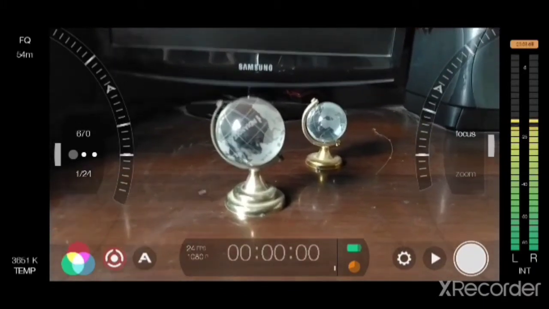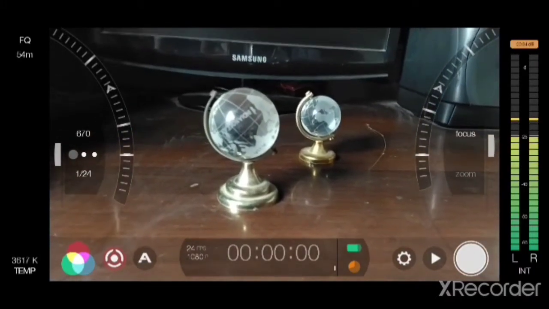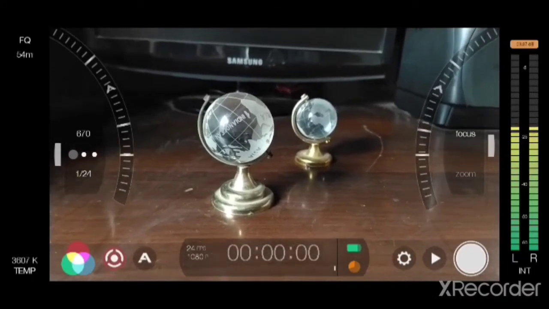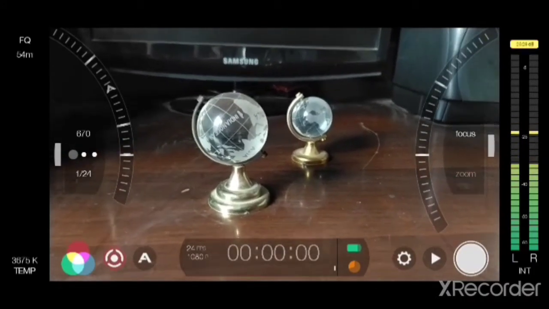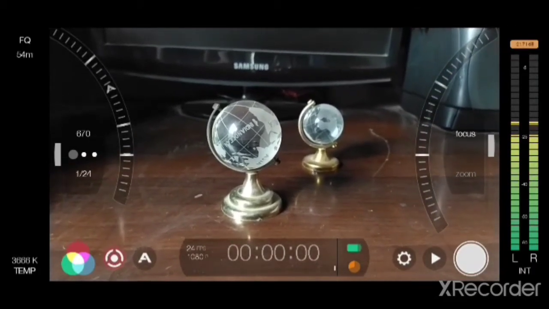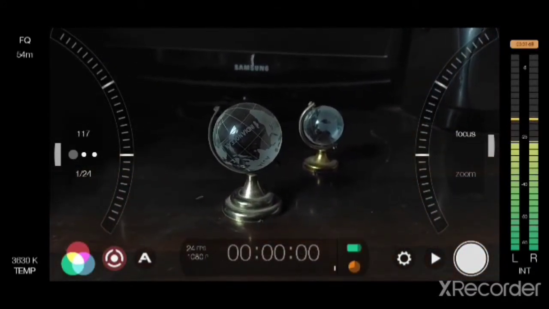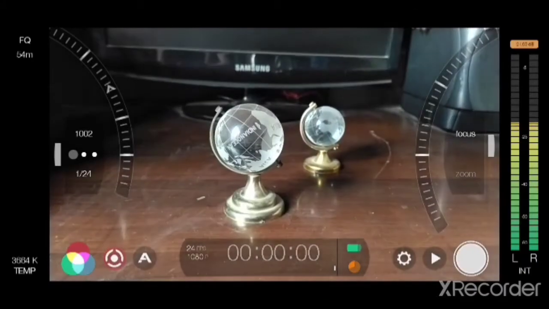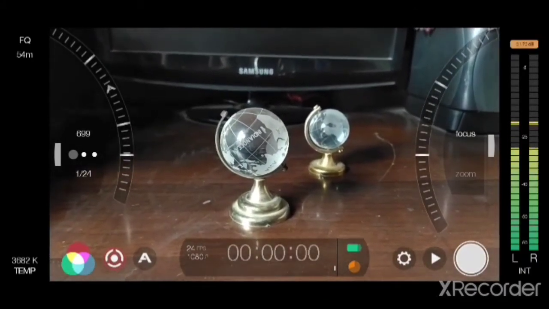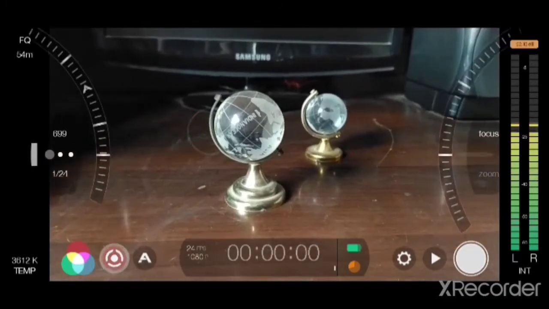There's this cool option in this app, the pull to point option. You can just tap on the tree arc and it automatically shifts and controls the focus, and for the focus option, you can also do it for the exposure option. You can tap the arc and it automatically controls the exposure for you. This is a very cool feature that I liked in this Filmic Pro app.